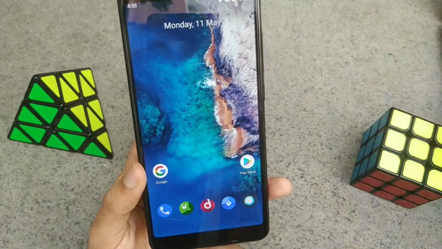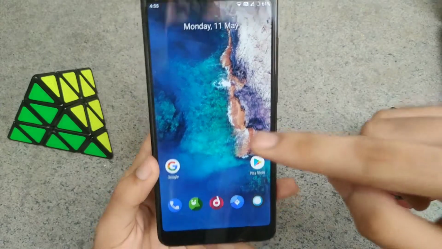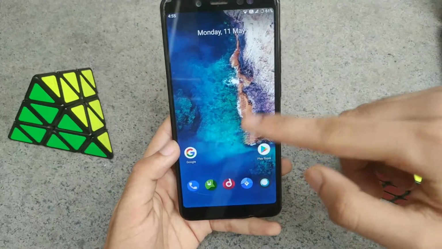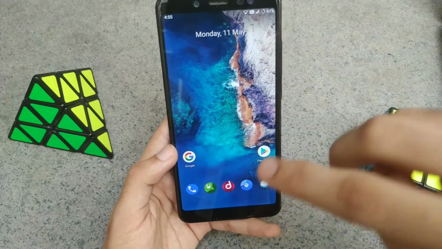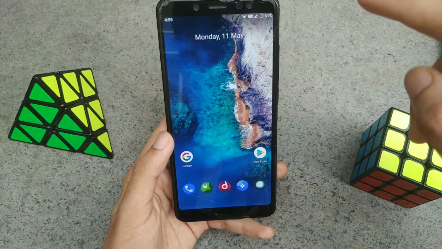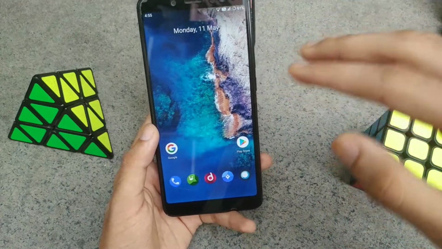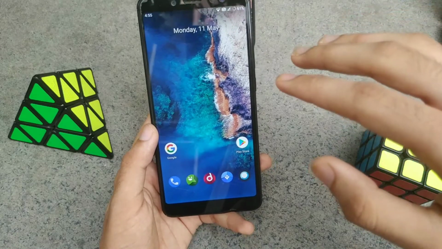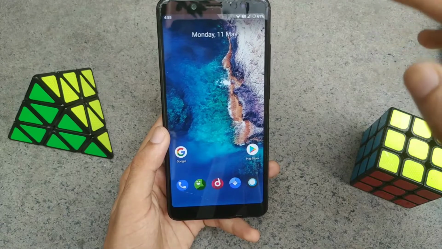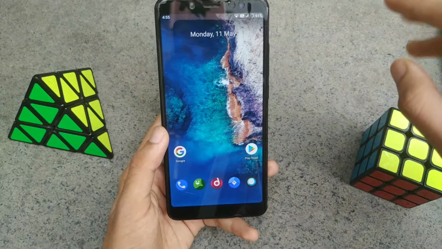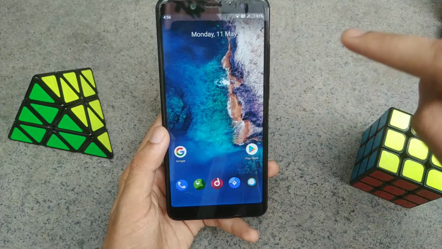So my final verdict is that this ROM reminds me of Lineage OS, but with some added features and tweaks. Not to mention, the support for this device is huge, and there are also many other devices which support CR Droid 6.5. Since CR Droid is based on Lineage OS, the performance and the battery life are phenomenal. But I still have not checked out the battery life. I'll test it out and report to you guys soon in my next video.